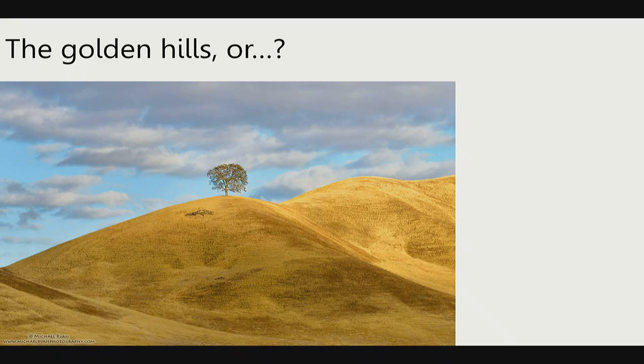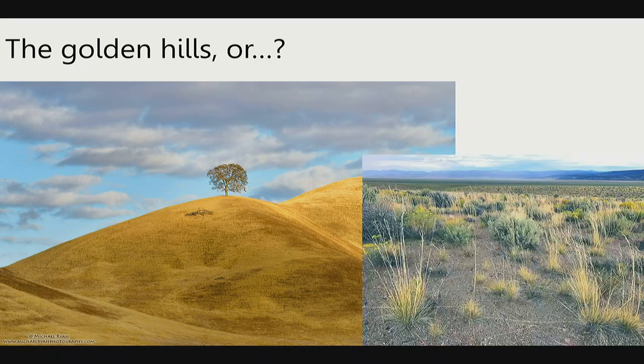So, if you've been in California for a while, this kind of beautiful Golden Hills stereotypical presentation of a grassland might be familiar to you, right? The Golden Hills of California, if you've ever driven to the Bay Area or even driven north towards Redding, that sort of thing in the summer, you see a lot of this, right? And it turns out, believe it or not, this is probably not the historic state of grasslands in these regions, right? Historically, prior to mostly Spanish colonization on the West Coast, on those hills, we'd probably see communities that looked a little bit more like this, right?